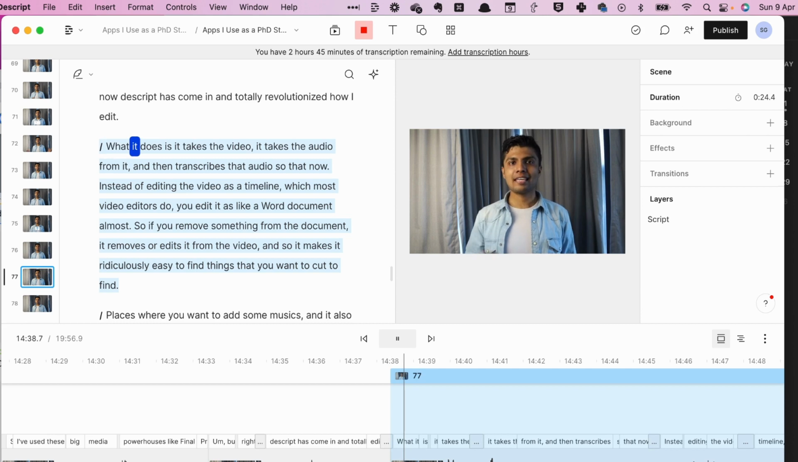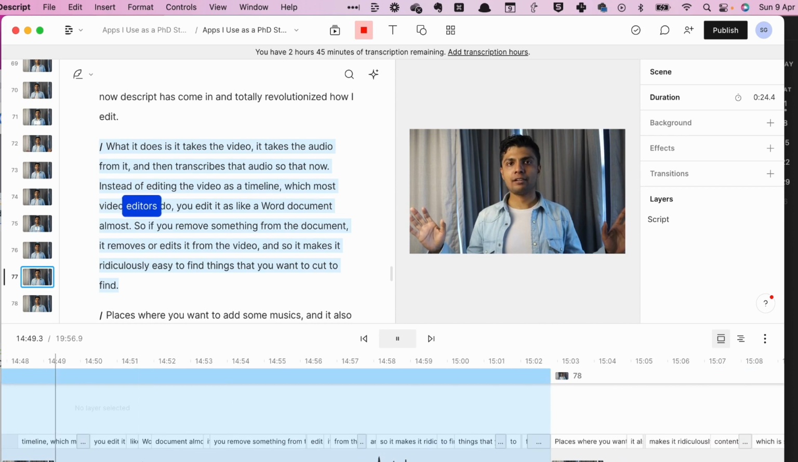What it does is it takes the video, it takes the audio from it and then transcribes that audio, so that now instead of editing the video as a timeline, which most video editors do, you edit it as like a Word document almost. So if you remove something from the document, it removes or edits it from the video. And so it makes it ridiculously easy to find things that you want to cut, to find places where you want to add some music, and it also makes it ridiculously easy to